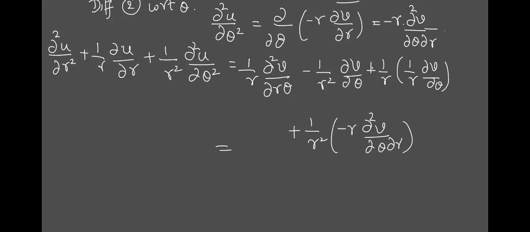Take care that all terms should be cancelled correctly, in mathematical ways. One of the r will be cancelled. Aren't these two the same? Sorry, by mistake I forgot ∂θ. Are they not the same? One and the same. And one more thing, this is plus and this is minus. Can we cancel it? Yes, ma'am. Now this is 1 by r square. This is 1 by r, 1 by r. Isn't it again 1 by r square only? This is again plus and this is minus. And see, these two are the same terms. Shall we cancel? Yeah. So this is 0.